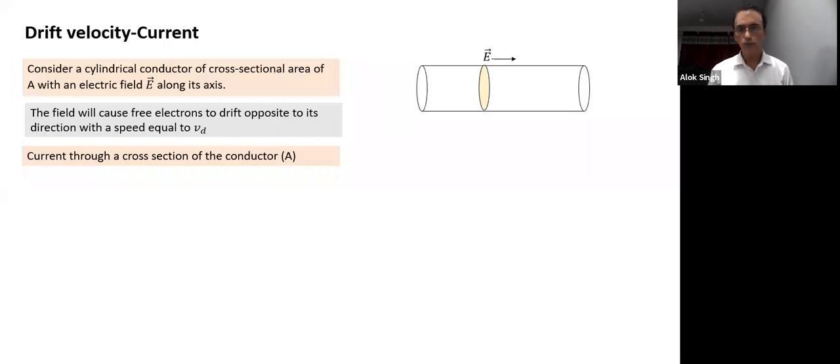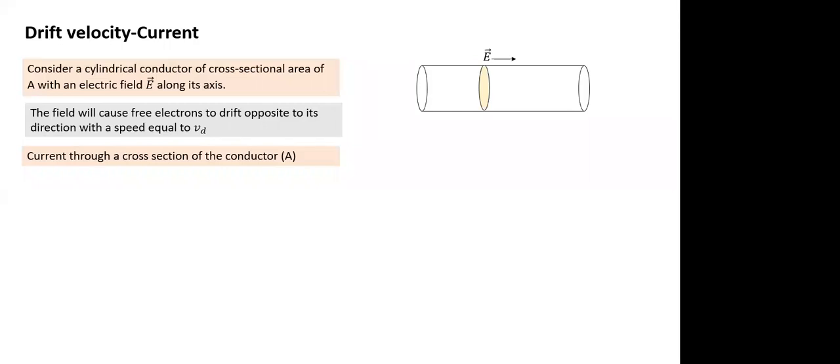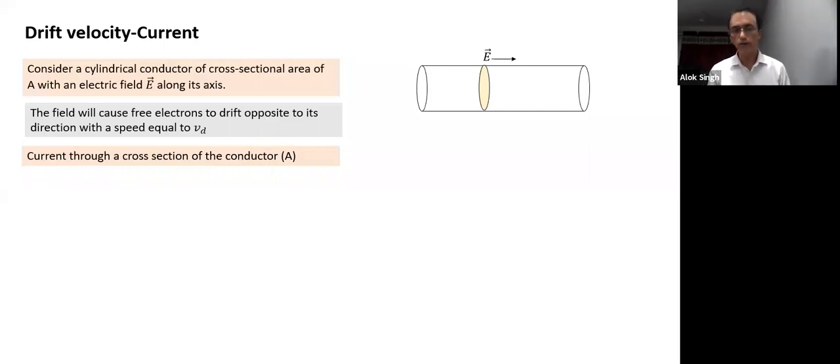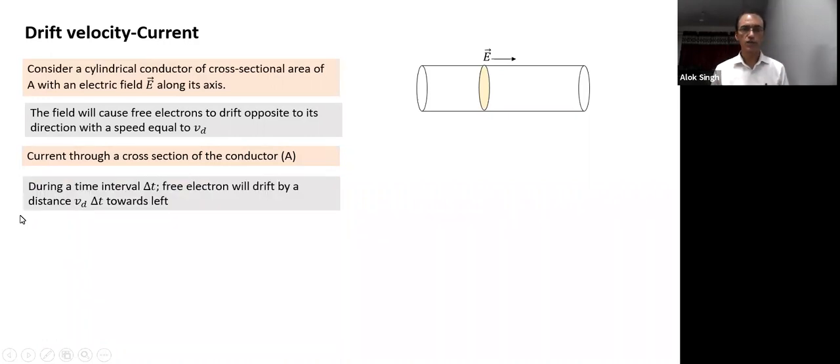So let's see, if we multiply by time, we get the volume of charge. Let's do it one by one. Since the charges are moving, what will happen? There will be a net transfer from the right side to the left side. Let's do that step by step, carefully. Let's see what will happen during the time interval delta t.